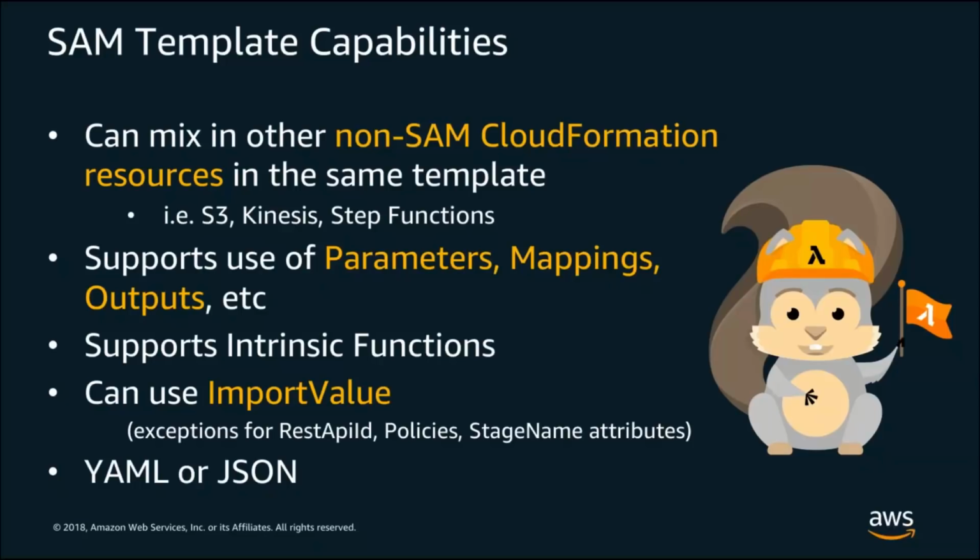And you can also use what's called ImportValue. As part of the outputs, we support the ability for you to have what are called exported outputs. These allow you to then import those outputs inside of another stack just by passing in the reference to them. And so this allows you to essentially glue together various stacks. Imagine, if you will, that I had a template that represented databases, and then I have a template that represents my serverless application resources. I can actually reference that database identifier from inside of my SAM template by using ImportValue. Today with CloudFormation, we support two different DSLs, YAML or JSON, and so you pick whichever one works for you, and both of them are supported with SAM.